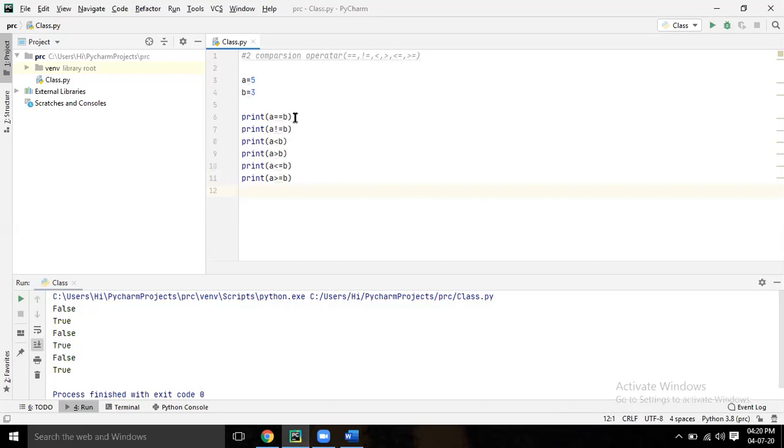So it will give you the boolean true or false only.